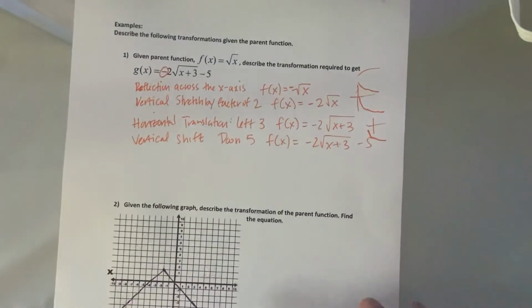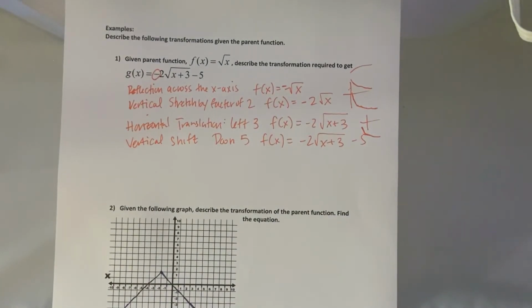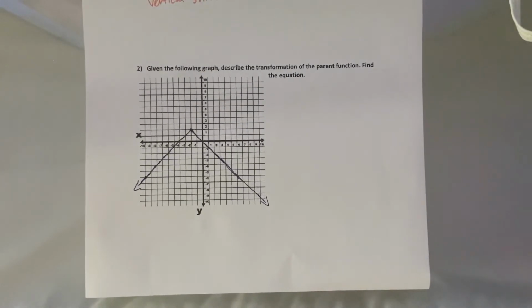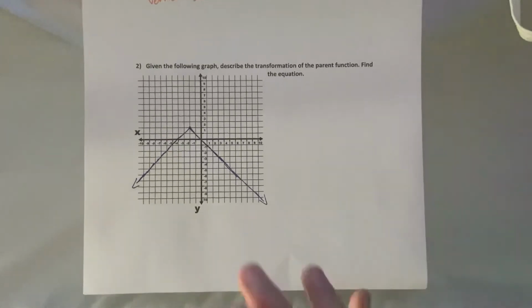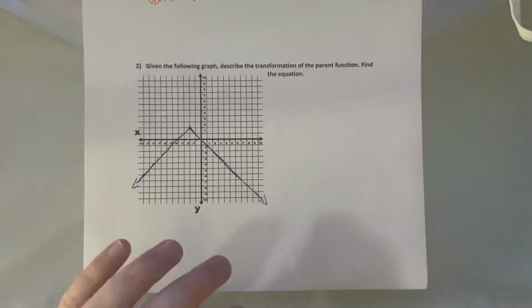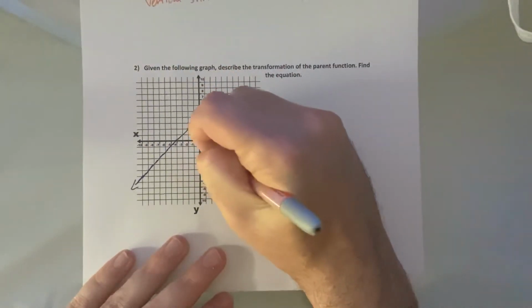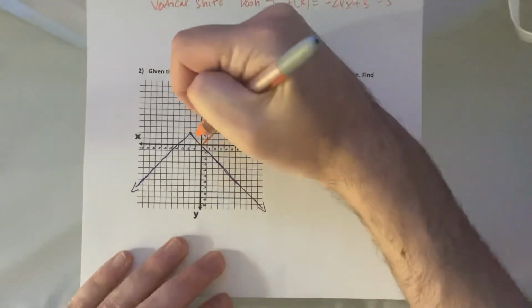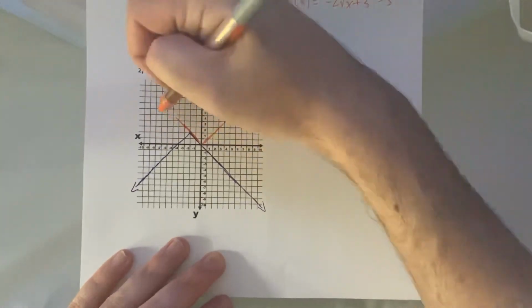So the idea is we can use this for graphing if we don't want to plot all the points. And if we can use it for graphing, we can also look at the graph and tell what kind of equation we have. So if you ask yourself what kind of shape this looks like, well, it kind of looks like the absolute value, right? But the absolute value starts at 0, 0 and goes upward. So the question is,